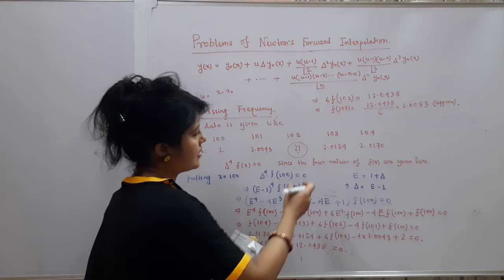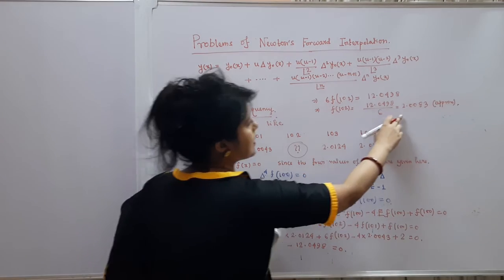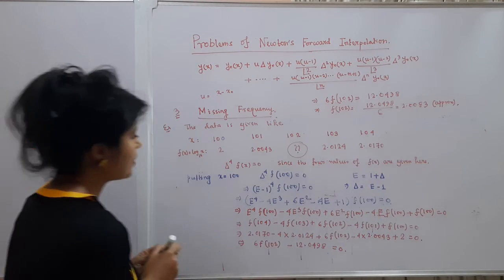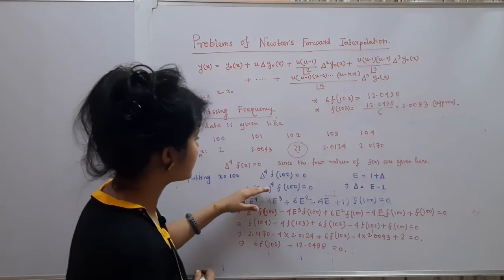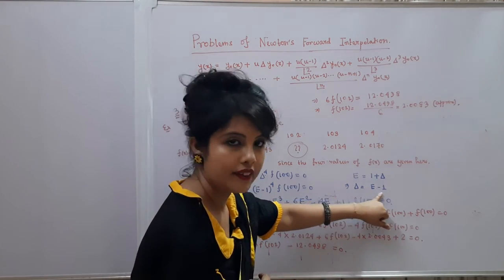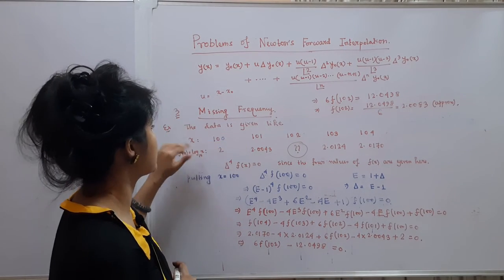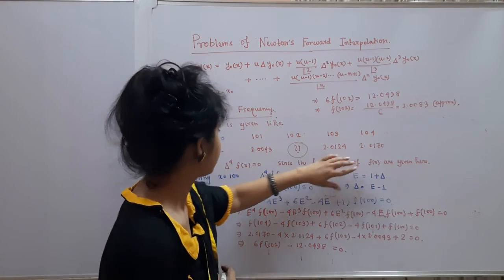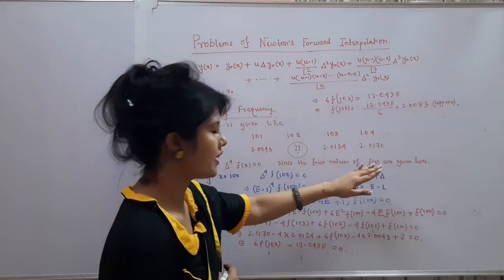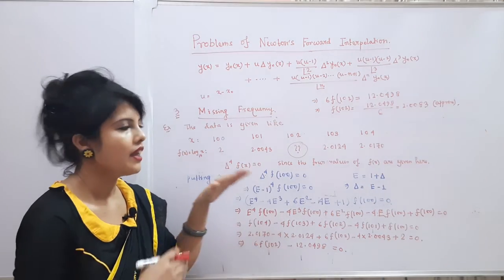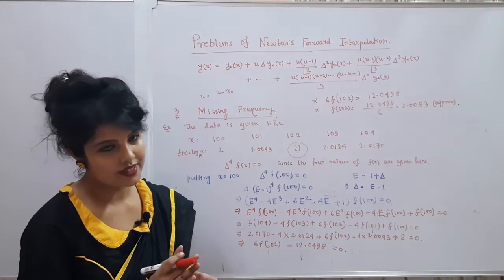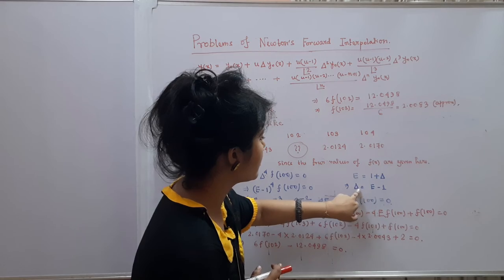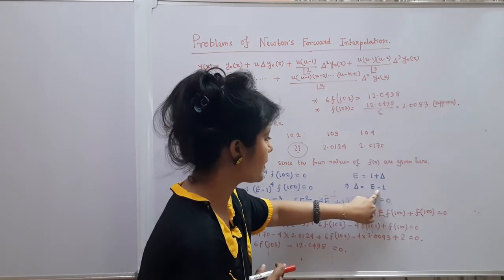Okay, so this is the missing frequency, that is 2.0083. So this is the third category problem. So you can beautifully find out the missing frequency by using the forward difference operator and the shift operator. The data is given like that, these are the values of x and these are the corresponding values of y. Okay, since 4 values are given here, therefore its 4th difference is 0. If 5 values are given, then the 5th difference will be 0. So I have substituted delta by the shift operator E minus 1.